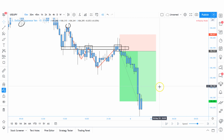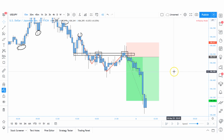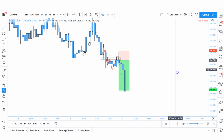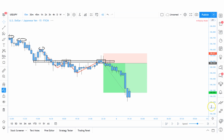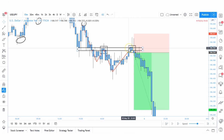And this applies to any which way you take a trade. If you decide that you want to take a head and shoulders pattern, you want to take a trade using Fibonacci's, you want to use harmonic patterns, it is always best to do a few things first. Wait for the momentum shift, allow for price to create a level in the market, then come back to that level to confirm that that level is strong, and then you can go down to your lower time frames if that's what you do,